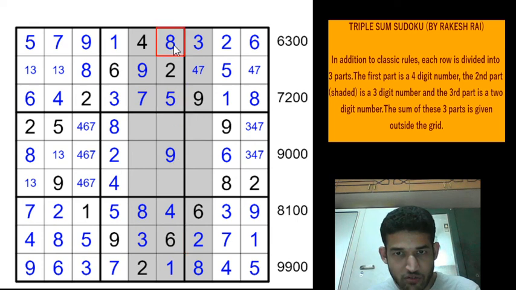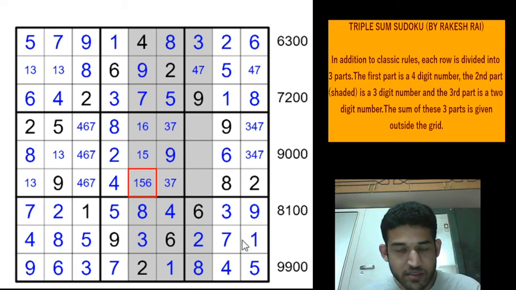1 4 6 9 2 5 8. So 3 7 would be in these two cells. 3 7 9 2 4 8. Remaining digits are 1 5 6 in that box. So this is 1 5, and this is 1 5 and 6. So any more eliminations? I don't think so. Let's now come to row 5 and try to get some more digits.